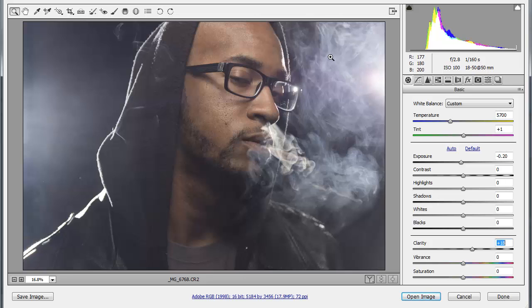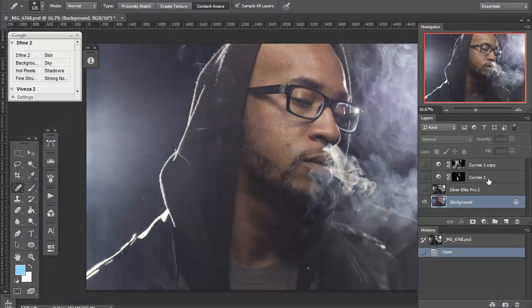Because it's such an area of high contrast between the dark background and the backlighting coming through, you have to be very careful with how much sharpness you're actually going to provide in that area, otherwise it will become a massive distraction. And that's basically it. I don't think I ever really do anything else in Camera Raw, very rarely. So, done with that. Into Photoshop,